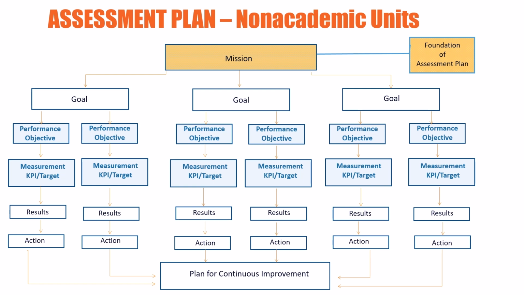The second terminology difference appears in the method of measurement. Academic programs use indicators and criteria to define how achievement of a learning objective will be measured and what level of performance represents success. Administrative and support units use key performance indicators, or KPIs, and targets to serve the same